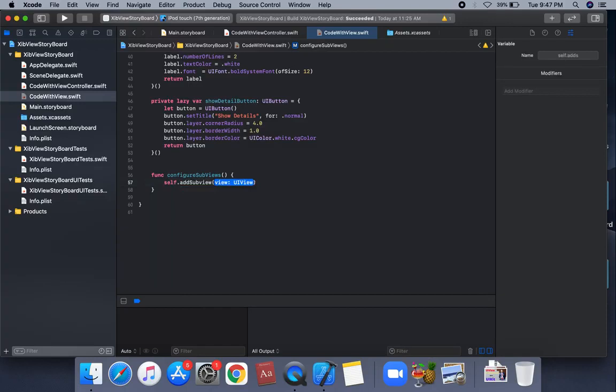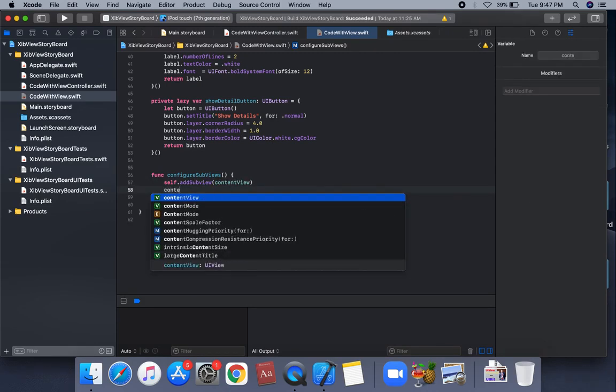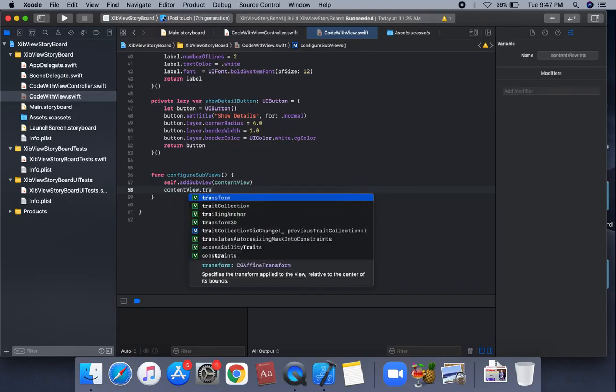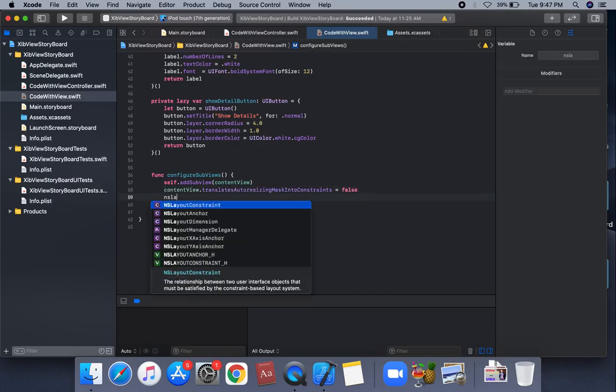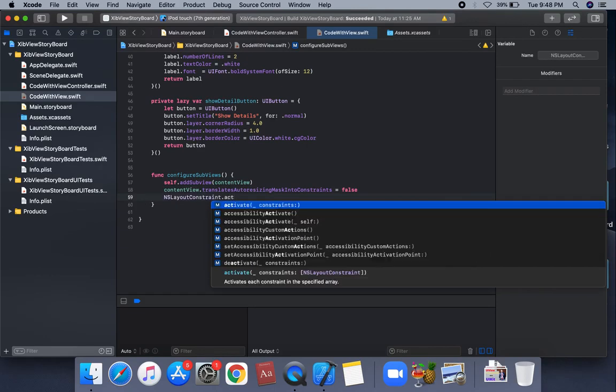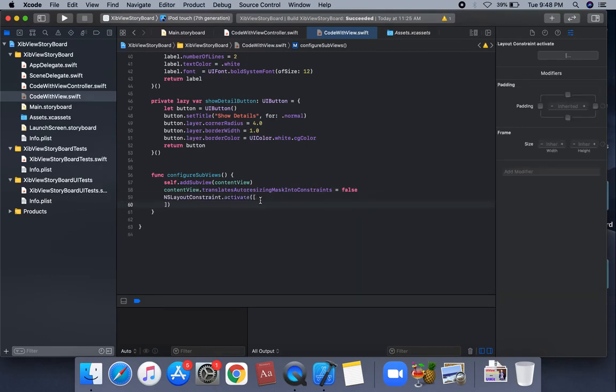We're going to use the add subview method on this, to add multiple subviews, arranged on this UI view control and UI view. So this is a content view. We're going to apply the content view constraints. So first is content view dot translatesAutoresizingMaskIntoConstraints property. This is a false property. We're going to apply these constraints, and NSLayoutConstraint dot activate constraints.